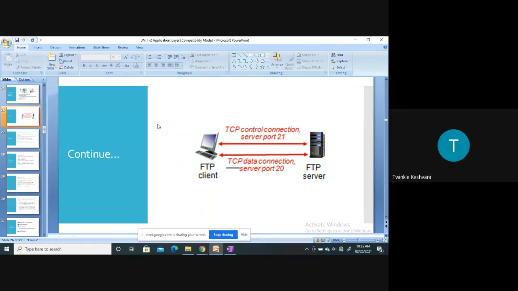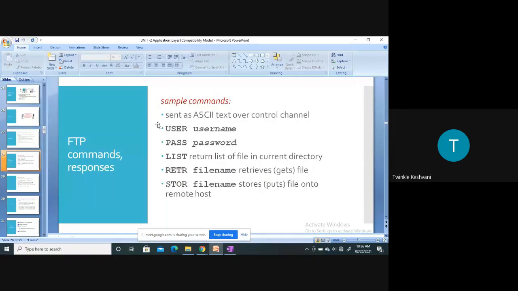So here, LIST is used for requesting the list of all the files in the current remote directory, which the server sends to the client. This list will be sent over a data connection rather than the TCP control connection.